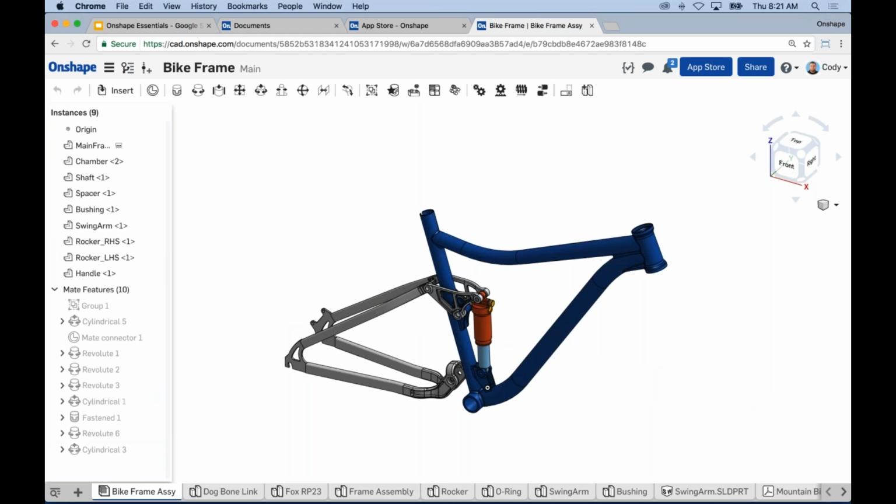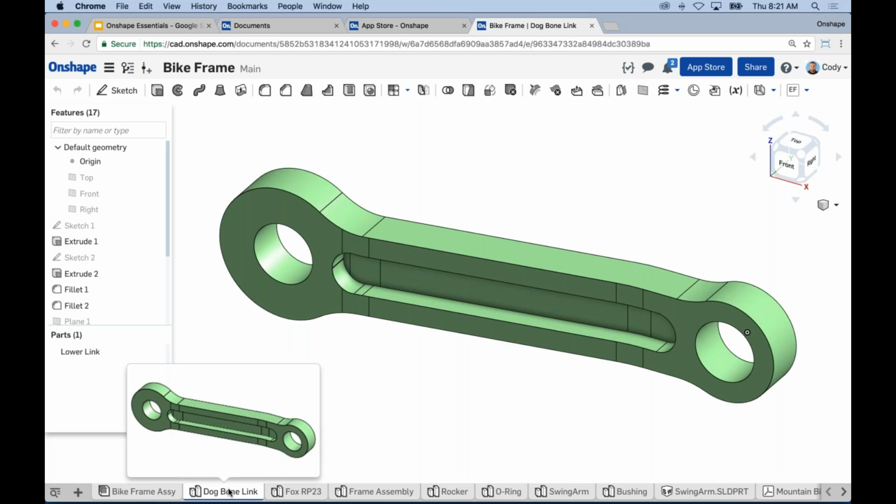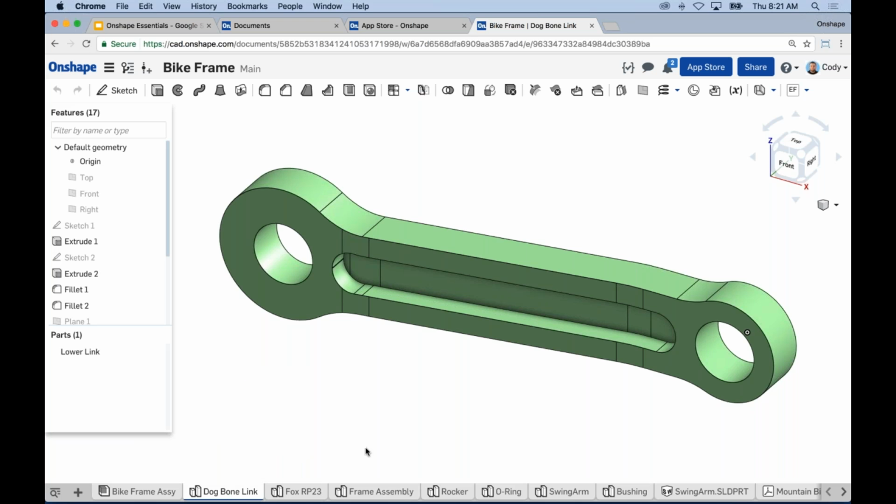So you're going to have tabs for assemblies. You'll have a tab for your top-level assembly. You'll have tabs for the sub-assemblies. You'll have tabs for each of the various parts in your part studio, right? So again, just think of these tabs as ways of organizing the bits of information that you need to create the overall project. Now you'll have tabs for assemblies, tabs for parts, tabs for drawings, but you can also